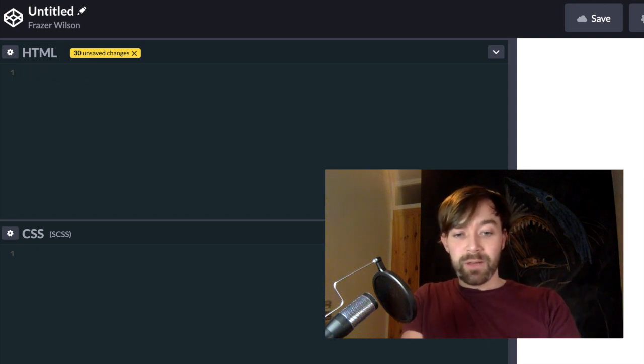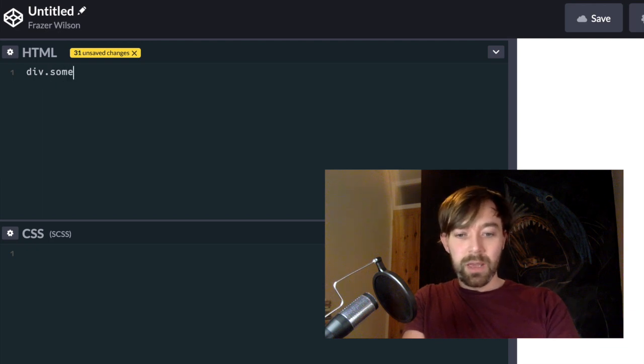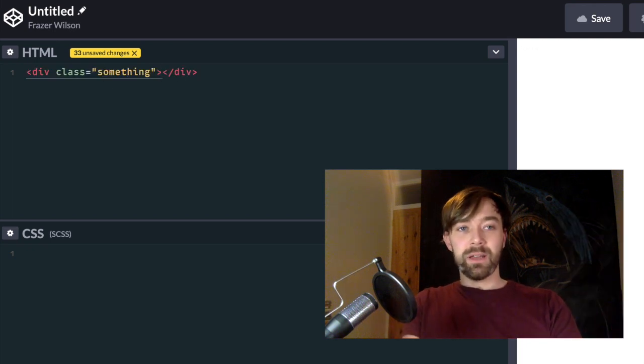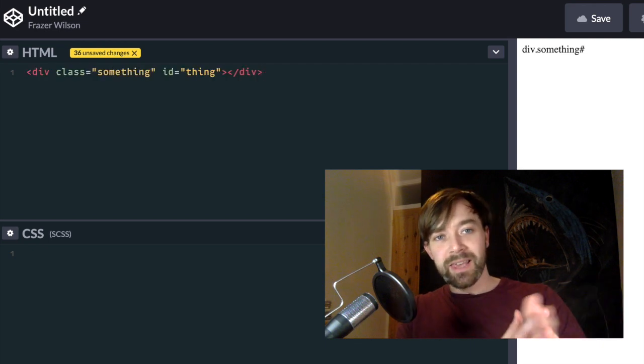But you can also then write div, you know, dot, I don't know, something, and the dot means that that's a class, like a usual CSS property, and then you've rendered with a class in it. And this can work for IDs as well. Need some original names. ID thing. So